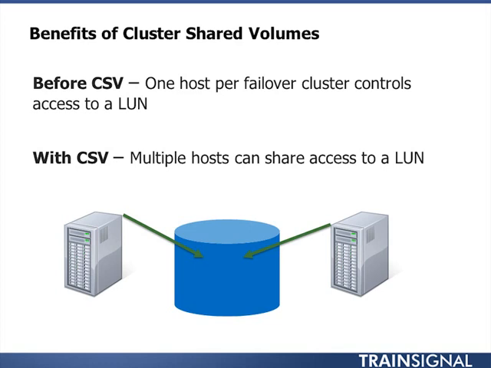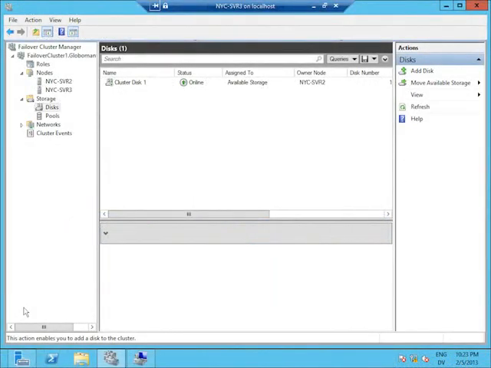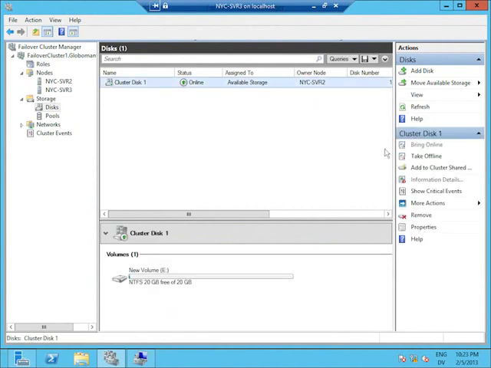For the time being, it's worth pointing out that there are a number of scenarios in which it's valuable to enable that shared LUN management. And we can do so by simply adding the disk that we've made available in our failover cluster environment to CSV. So here I am back here on server 3. Server 3 has a disk configured for available storage. If I select it, you can see that I have an option over here to add it to cluster shared something, and you might well guess that the